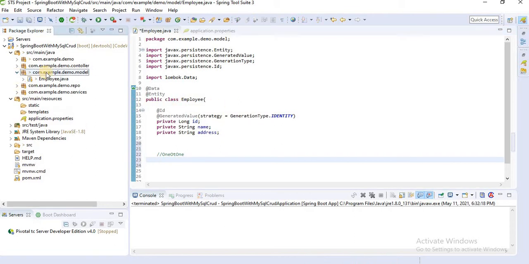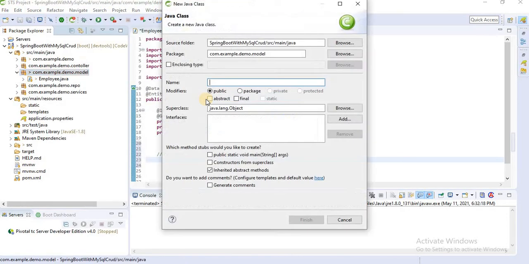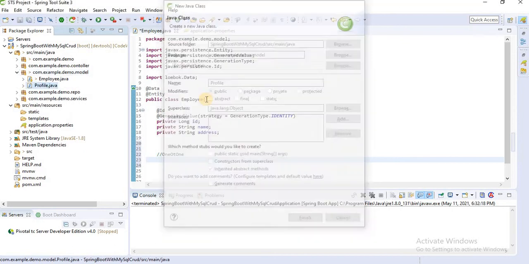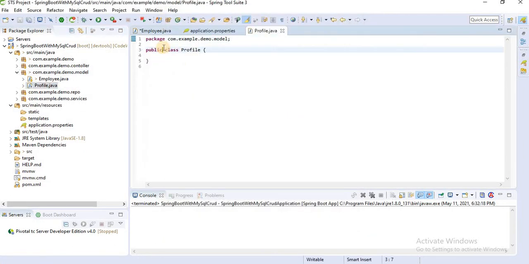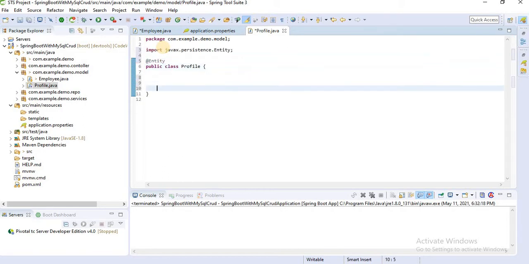In the model package, let's create one entity class, Profile class, and hit the enter button. This class is an entity class, so at the root add the annotation @Entity. This class also has an ID, private long id.